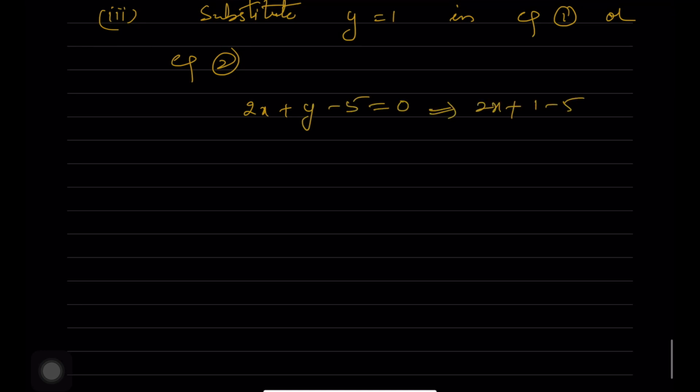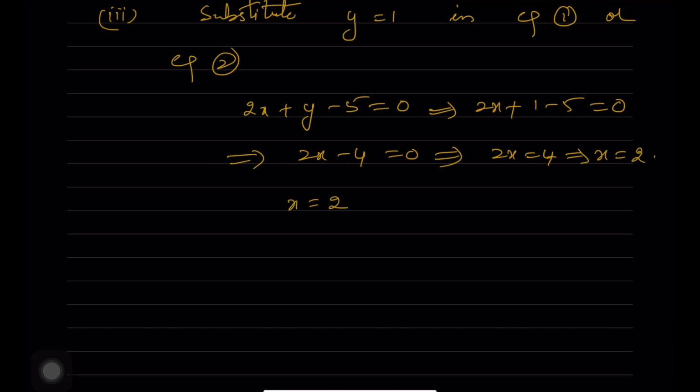Only to obtain one of the variables we follow the substitution or elimination method. After getting one of the variables, we substitute again, either in equation 1 or equation 2, in the first one. So you can substitute anyway. You get again x is equal to 2, y is equal to 1 by the elimination method.